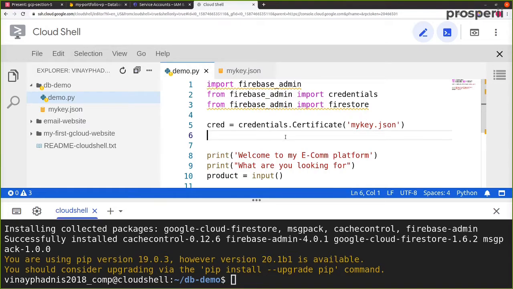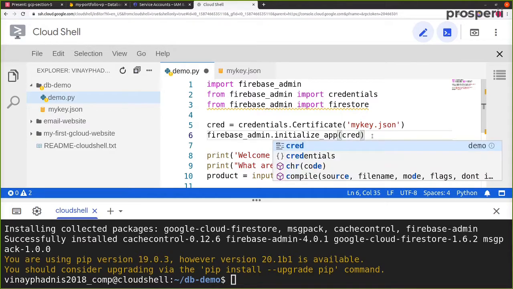Now we want to initialize this particular application. So we have firebase_admin.initialize_app, and after initialize_app we pass in the credentials to this particular command. So over here we have cred.